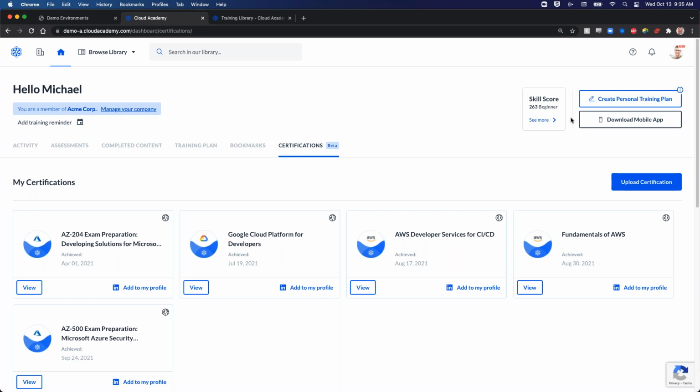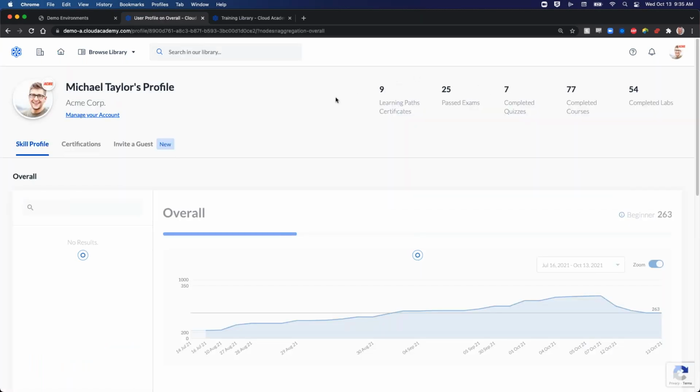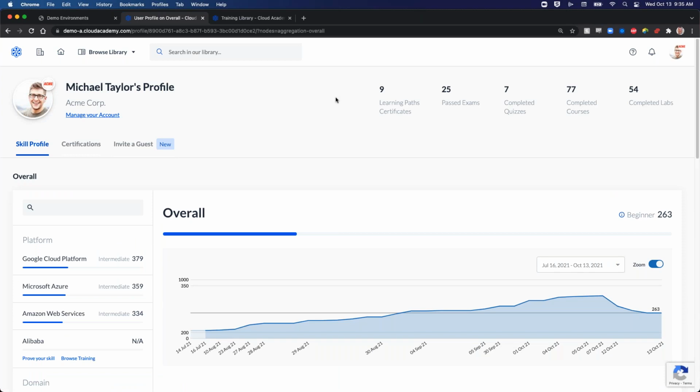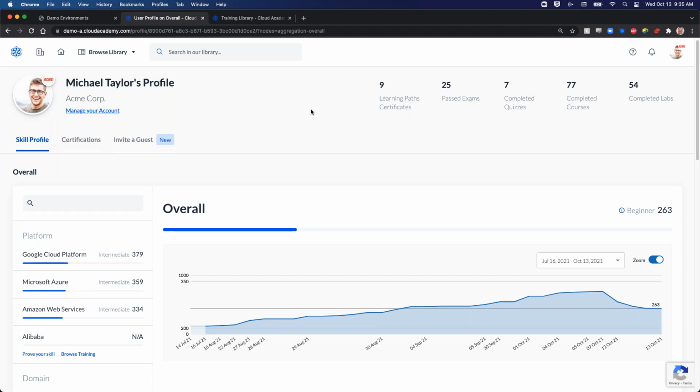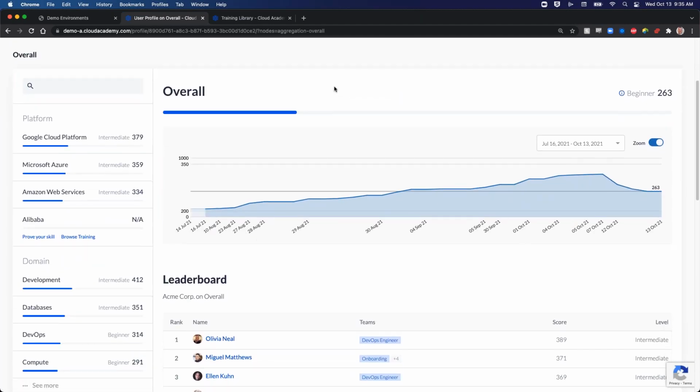The most valuable part, however, in my opinion, from the end user dashboard will be the individual user skill score. The skill profile we saw earlier was the 1,000-foot view across the entire organization. And in this case, this is simply Michael's upskilling. And this is where we want to provide Michael, really empower is the better word for Michael, to empower him to take responsibility of his own upskilling. So the data here will be represented in the exact same fashion,